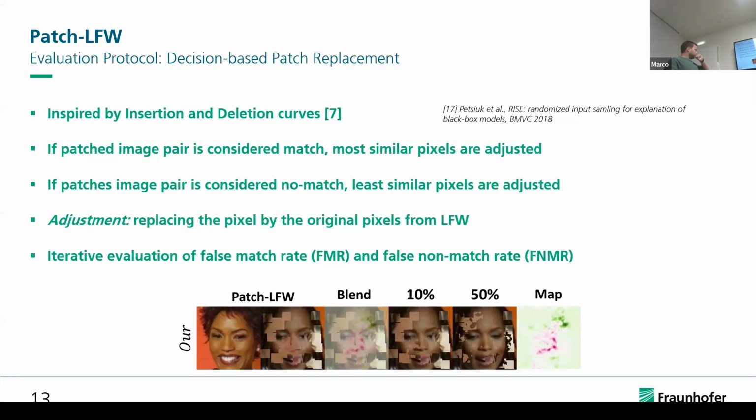And then we iteratively go over it and also compare the false match rate and the false non-match rate. As you can see here, for example, we have the patch LFW, we have blend our explanation map, and you can see slightly that the highest 10% of the pixels are being removed or adjusted, which means we just put in the original pixels there. You can see how the patches get slightly removed. And we can use this to evaluate